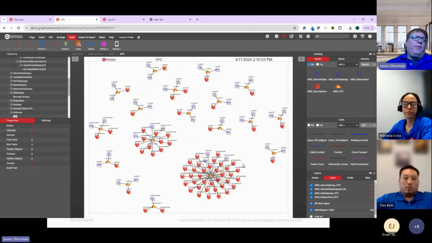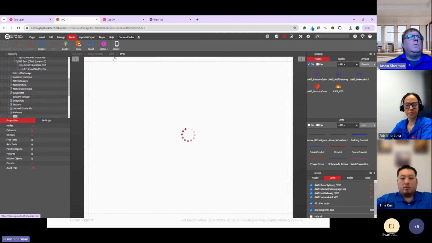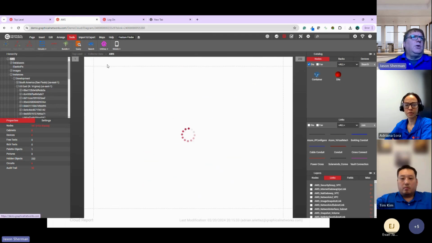And this is just a layout that I created just to kind of show visually where you do have those relationships. And this can lead to cleanup too, right? You go in and go, why do I have so many security groups hanging off this VPC? I mean, some of them are required. And of course, a lot of them are there because of EC2 instances and things like that, but it allows you to go in and start to do some cleanup as well.